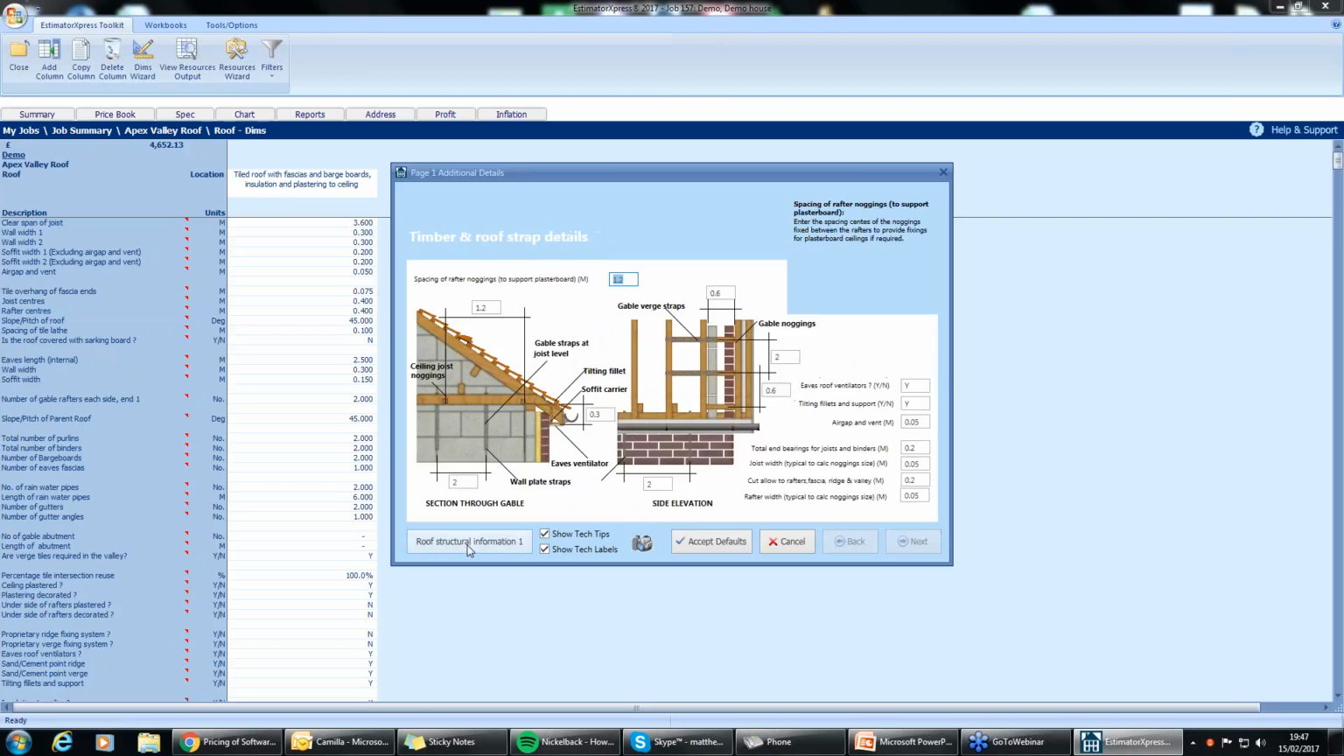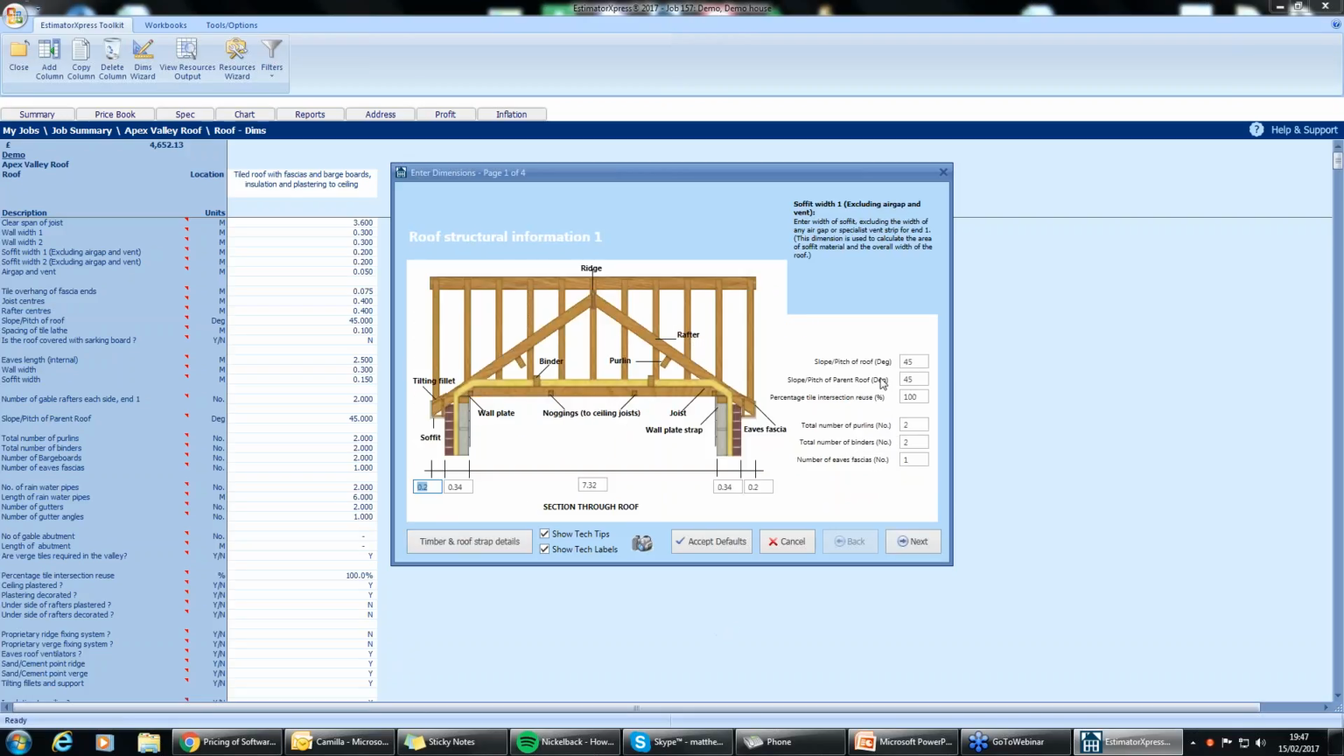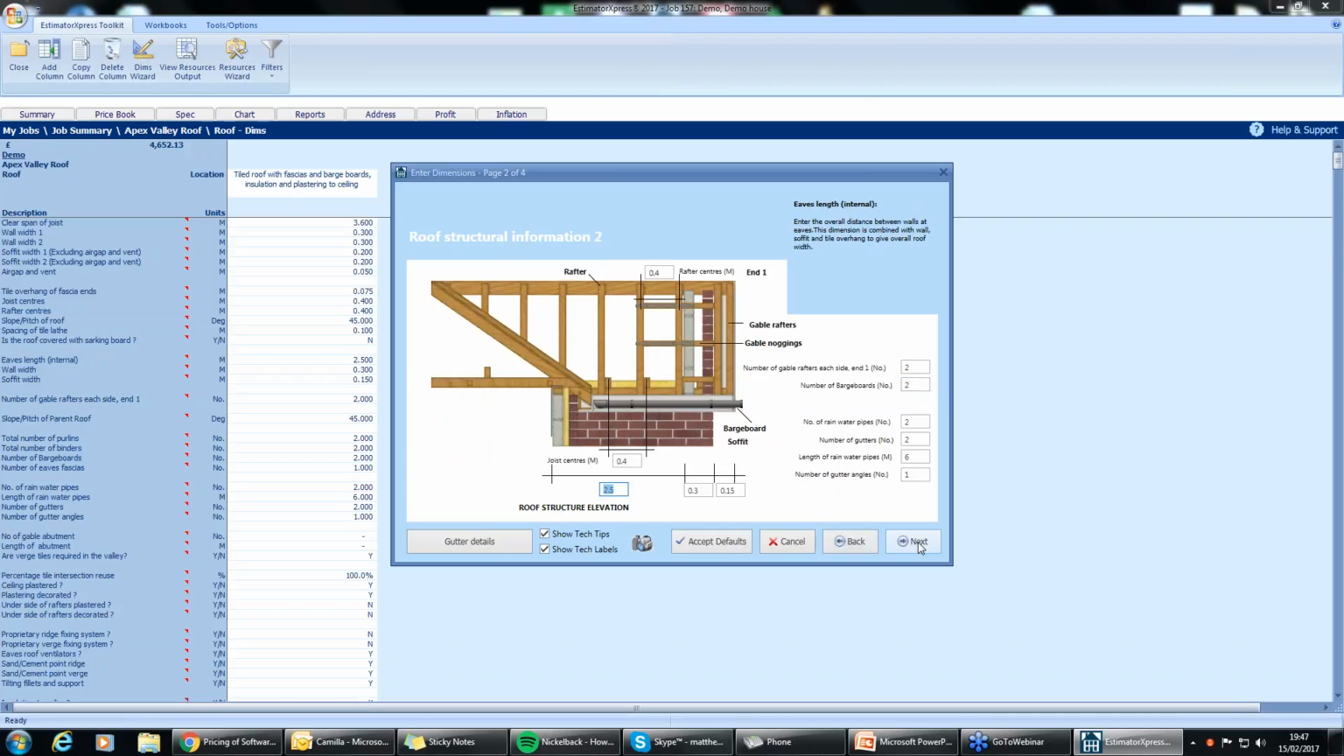Next, you can look at the timber and strap details as well. Eaves, roof ventilators, fillets and supports, air gap and vent. Click next. Number of purlins, number of binders, eave fascias. You can change the pitch of the roof. So if you know it's going to be a 30-degree pitch, you can change that as well. Clicking next, you then have front to back as well. Depending on how long the wall is, again, if that's 0.34, we can go